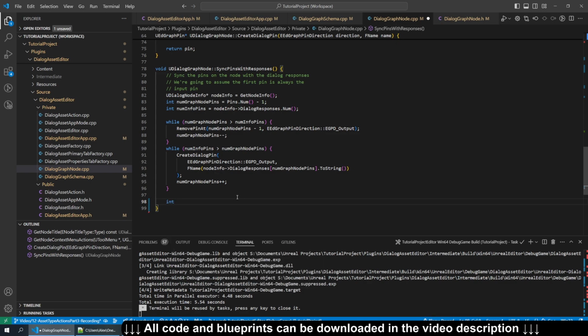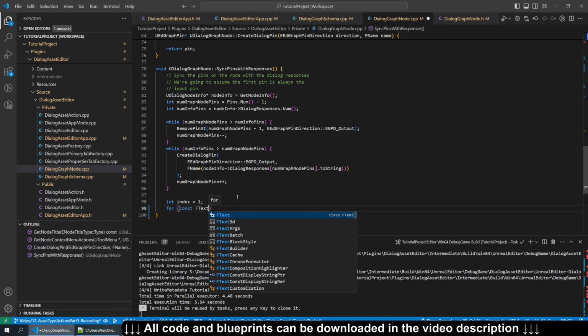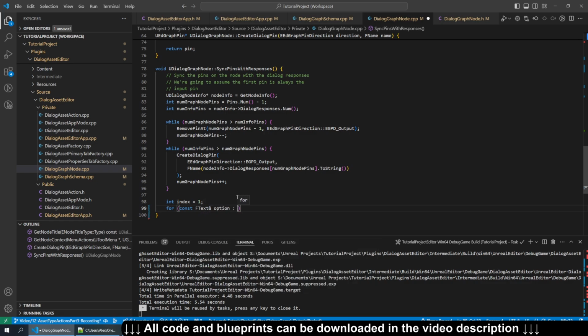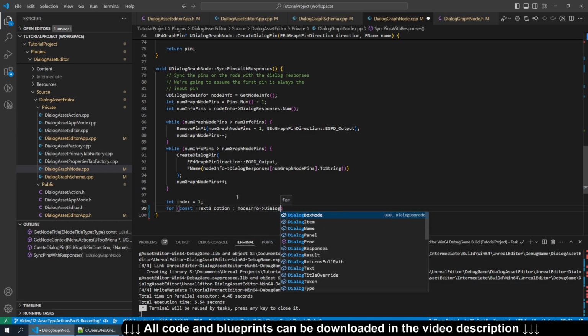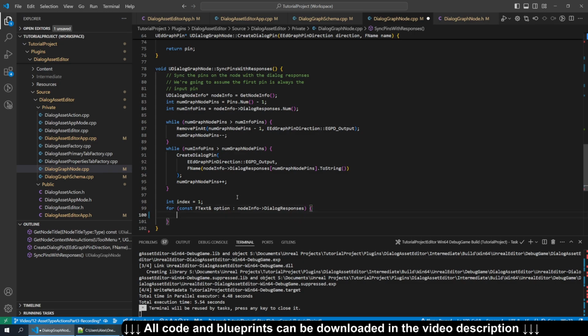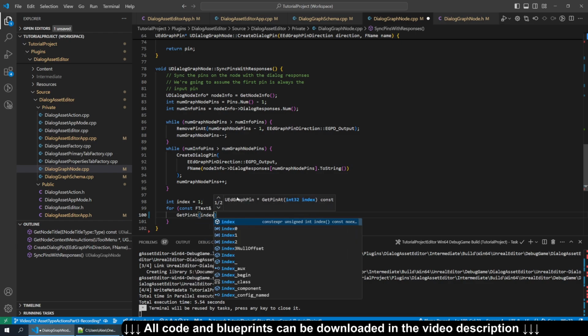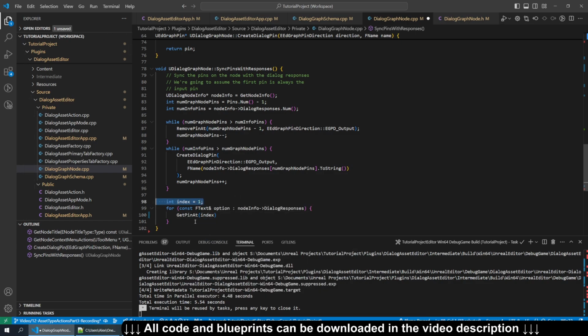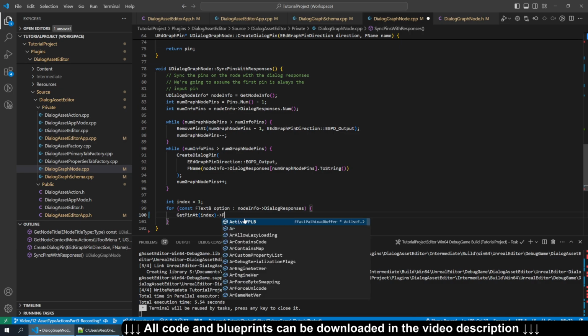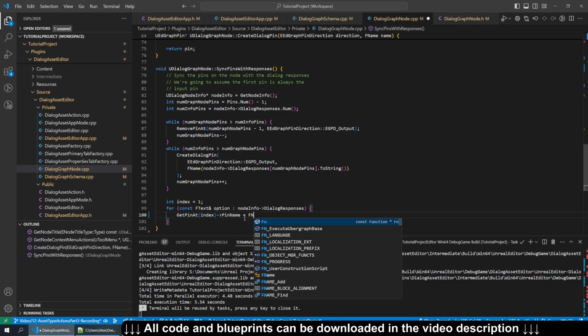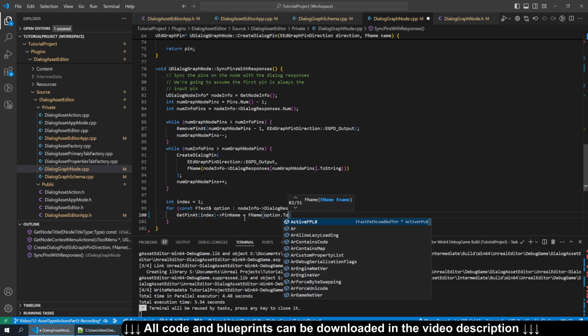So we'll do int index equals 1, or const FText option node info dialog responses. So for each option in our node info, we're going to get the pin. So get pin at index. And we started it at 1 because we're assuming that the first one is the input. So get pin at index, and we're going to set the pin name to FName option.toString